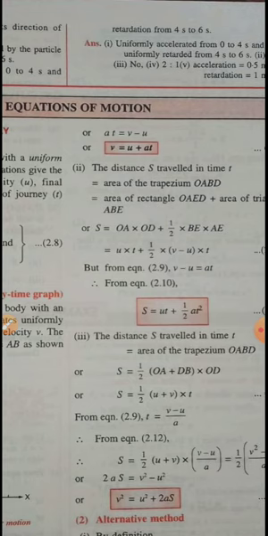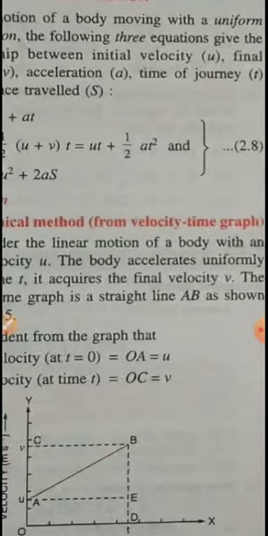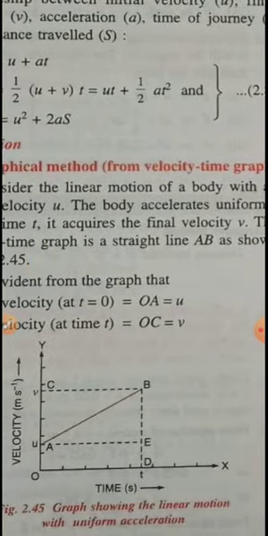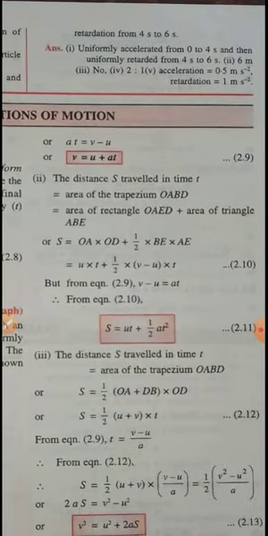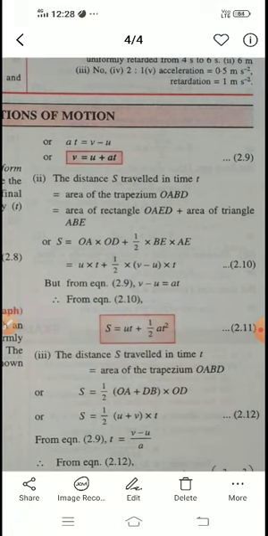So whenever we want to calculate the distance, we are supposed to use the area formula. So I want to find the total distance traveled, and it can be found by using the area formula. Therefore, area of this rectangle plus area of this triangle. It is given as the area of a trapezium. A trapezium you can divide, and you will get the area of a rectangle plus the area of a triangle. So what is the area of a rectangle? Length into breadth. What is the area of the triangle? Half into base into height.